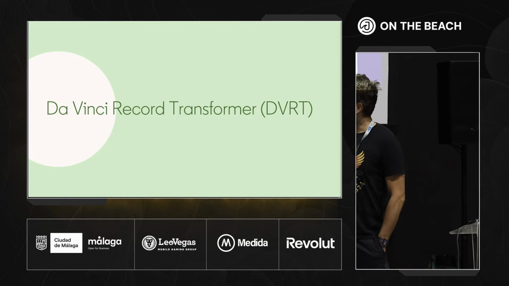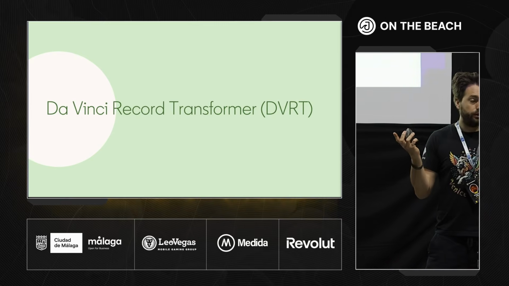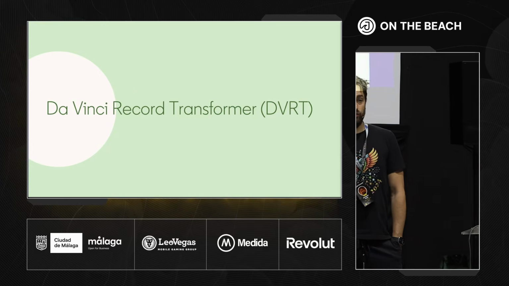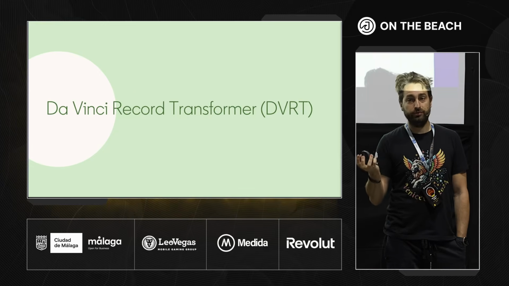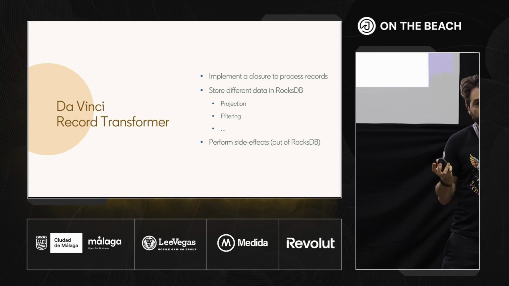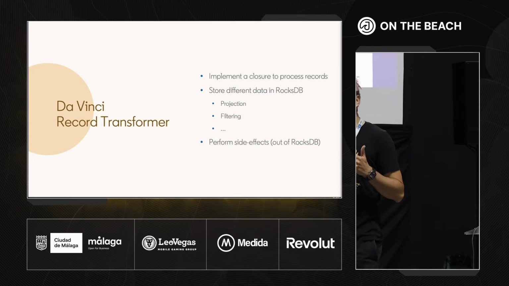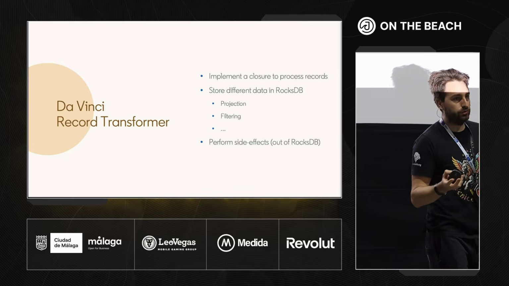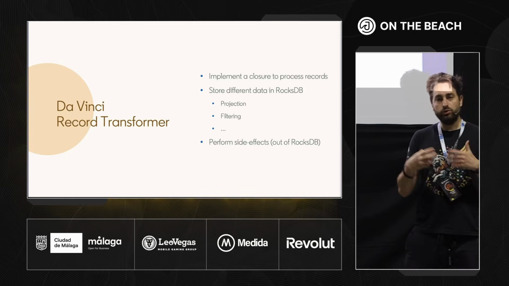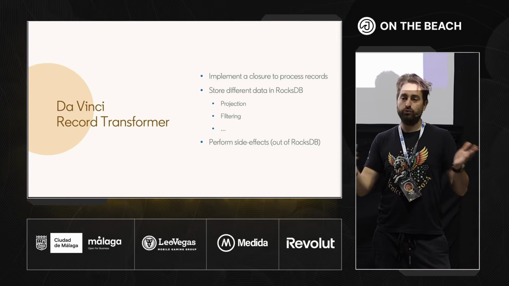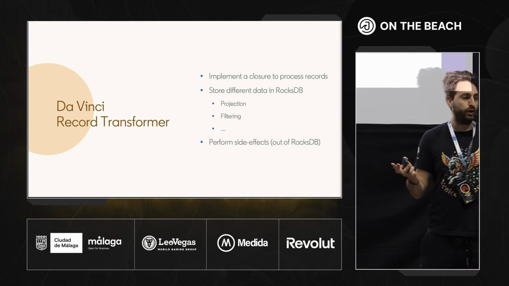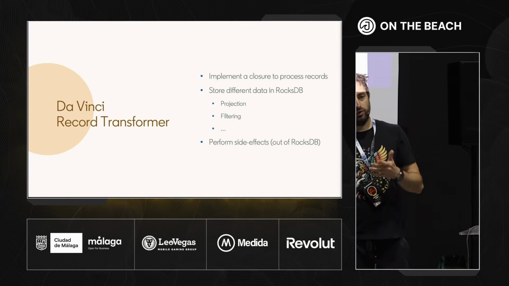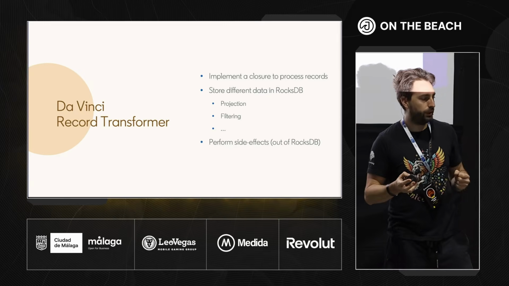A little while ago, we introduced a new API in Da Vinci that we call the Da Vinci Record Transformer API, or DVRT. And what that does basically is that you can configure a closure at startup time, essentially a callback, you could say, which will be invoked by Da Vinci on every record that it processes. So you can use this for a couple of different reasons, right? You could